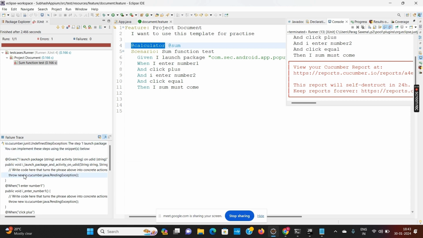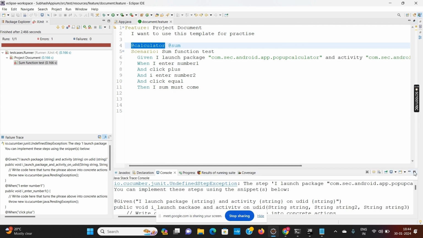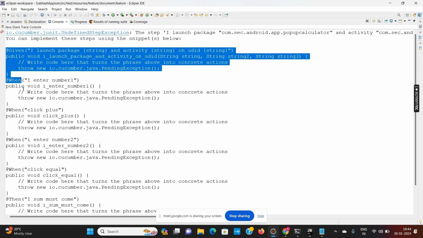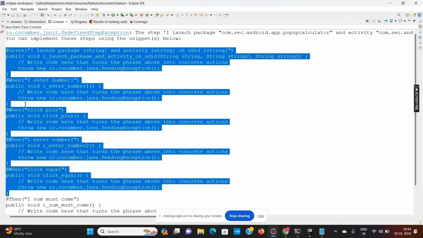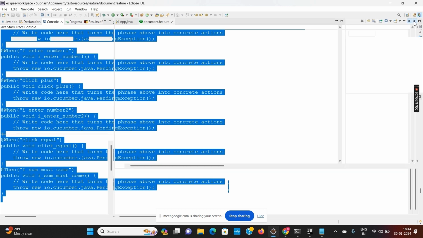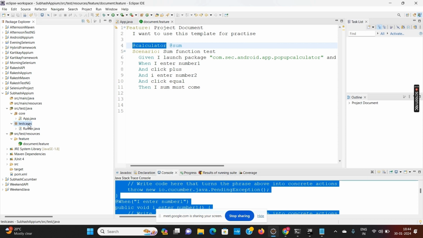You can retrieve these error failures in your console. Click and it will be copied on your console. From there, you can copy the suggestion, and then you can go to your test cases.